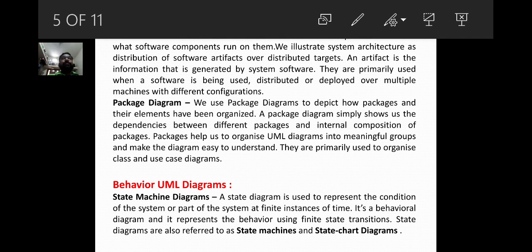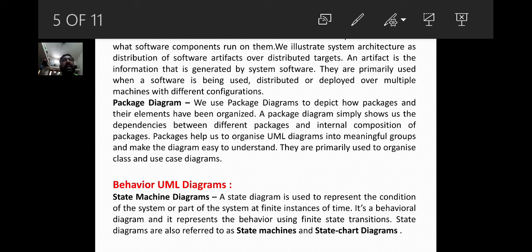Behavior UML diagram. State machine diagram. A state diagram is used to represent the condition of the system or part of the system at finite instances of time. It is a behavioral diagram and it represents the behavior using finite state transitions.